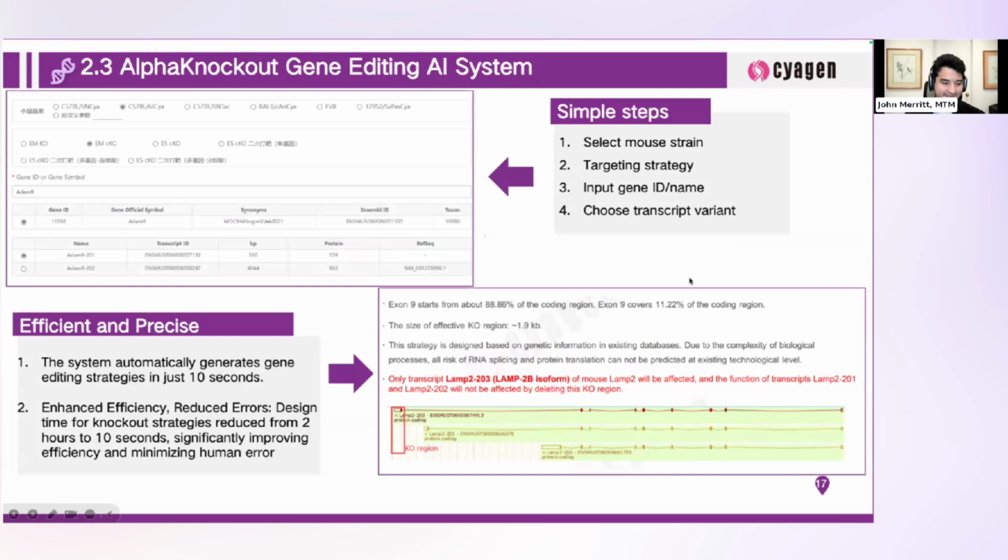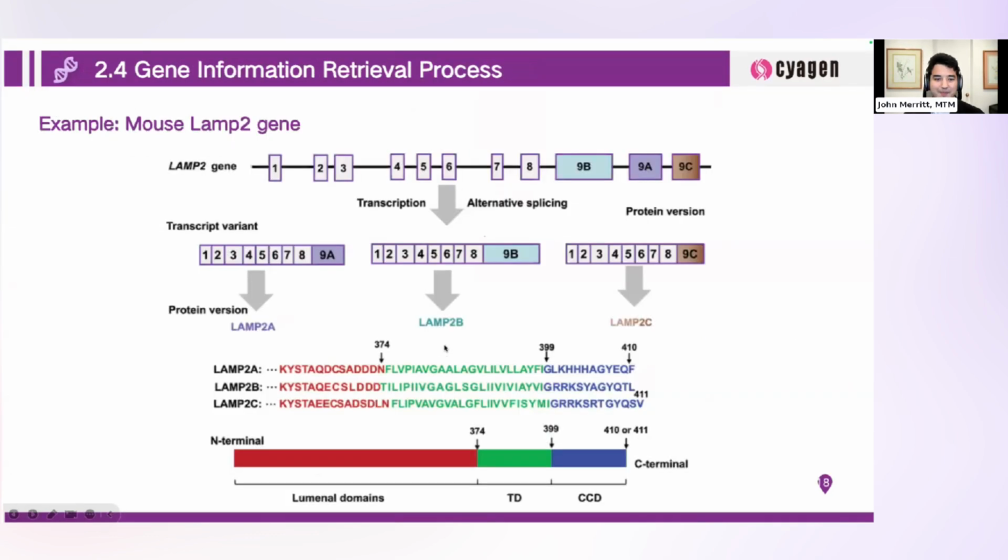I think the main takeaway is that this system automatically generates gene editing strategies in just 10 seconds. Gone are the days of people designing strategies, getting the right guide RNAs, making vectors and all this stuff. Now it's generated through artificial intelligence, and we're much happier for it, and we can focus on other things. So let me walk you through how this whole thing works